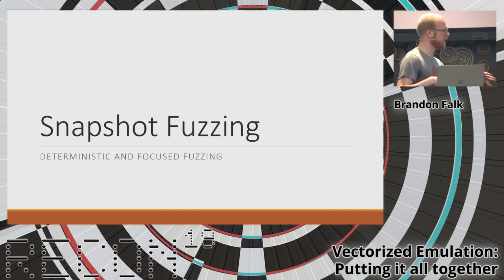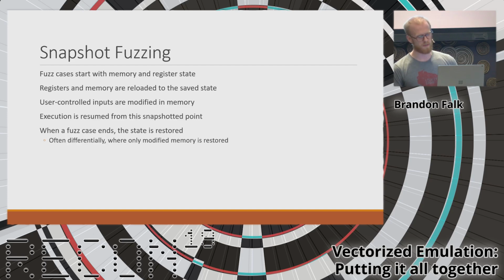So, to make all of this feasible, we need to talk about snapshot fuzzing, which is effectively the process of taking a snapshot of a program or a system or whatever it is. And usually that just includes the device state, the memory state, and the register state. If you're looking at a specific application and not a whole system, you can get by with just memory and registers, because you don't really have devices you need to emulate. So as long as you save this somewhere, you're able to reload this information at some point in the future